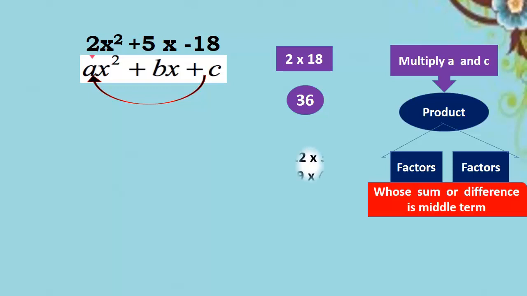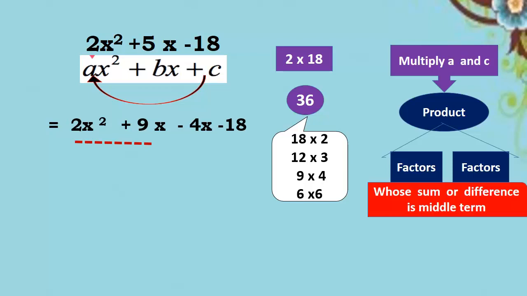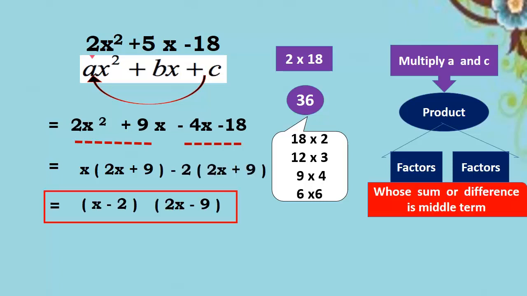So now let's write down. Choose the two terms together. Now see what is common here. In the first pair x is common. Write down the remaining thing. Now here, second pair, 4x and 18. 2 2s are 4, 2 9s are 18. Minus 2 is common. See, you should get these two brackets the same. So 2x plus 9 is a common factor. Take out that common factor. Remaining is x minus 2. And taking out the minus common sign, see the bracket must have a plus sign.